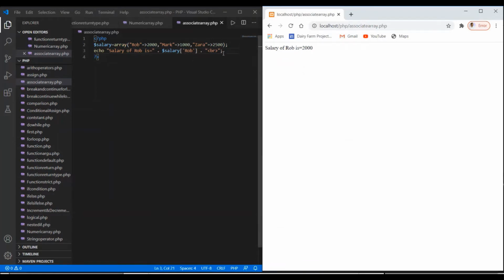Similarly, I'm just going to copy this line from here, and here I'm going to paste it using Ctrl V, and another one.